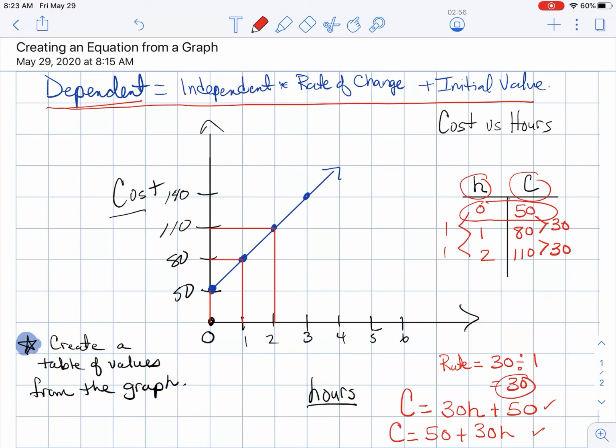But again, when you've got a graph, what you want to do, you want to connect it to when you have a table of values. So from the graph, you're going to create a table of values. I like to use 3 points. You can use as many as you want. And then you're going to go through the process that you went through from the table of values in creating a linear